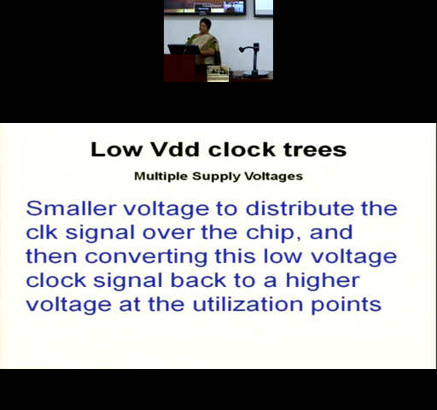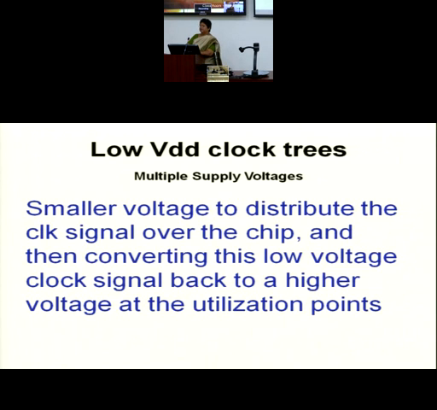So we have to design a low VDD clock tree, and because we are using 2 VDD supplies for the entire processor, the approach is called using multiple supply voltages. You may create a VDD low from VDD high inside by using a circuitry, but it is more convenient to have a separate pin where you can maintain 2 different voltage levels of VDD. People also tried circuits creating a VDD low from VDD high. You may find such references in the literature.